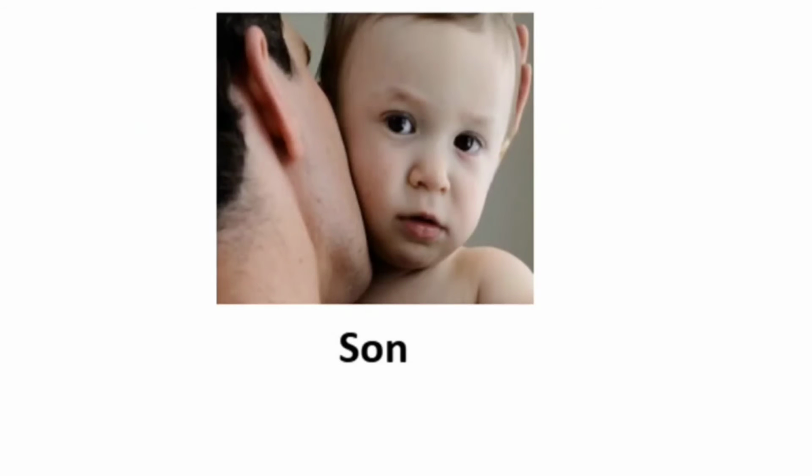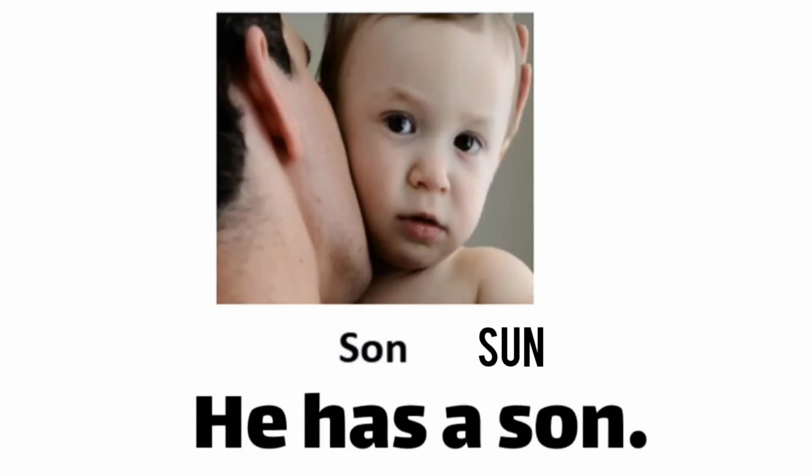Son. Now there is another word with the same pronunciation as you see it there. So son. That is different according to the meaning and spelling. So it's spelled as S-U-N. So sun. Sun is a planet in solar system, right? And this son. So they both have the same pronunciation, but the meaning is different, right? So this sun is a planet. However, son is a family member. When you have a boy, the boy relates to you. So you can say he is my son. All right, son, S-O-N, son. He has a son. Means that he has a boy.